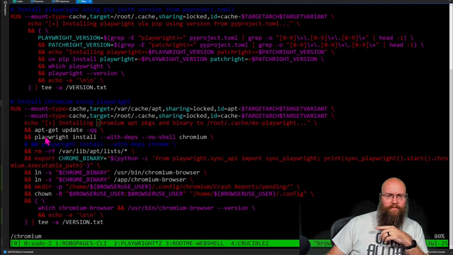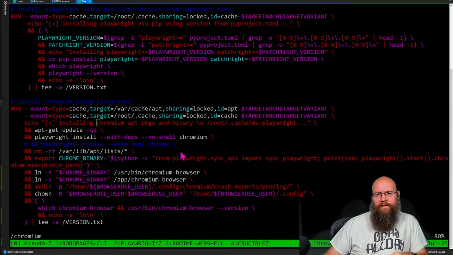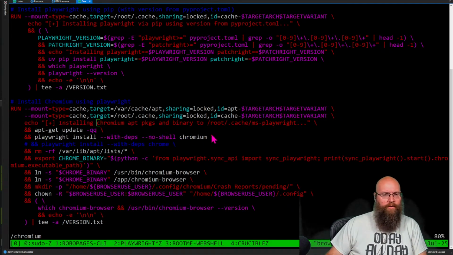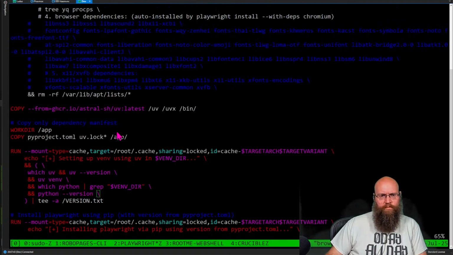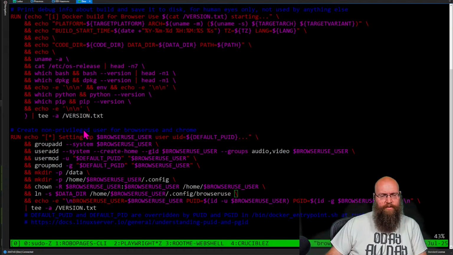Yeah, here we go. So Playwright install with deps, no shell, and it's going to install Chromium. So why is our... So our working dir is /app. Oh, is that the issue here?